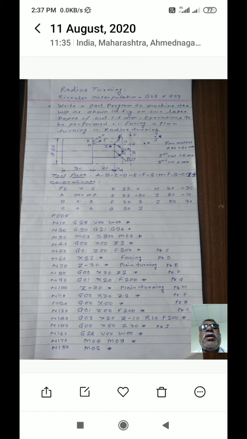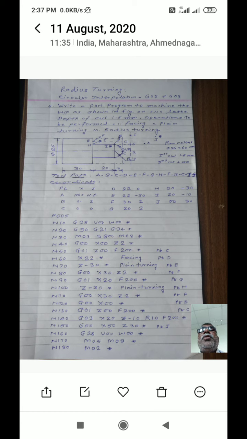In the previous block X0 is there. Therefore, you have to move the tool along the Z axis only, that is Z coordinate is 0. Okay. Then you have to control the feed rate. F indicates the feed rate, 200 millimeter per minute, end of the block. Means during this block, your tool will be at point C, which touches the workpiece surface.